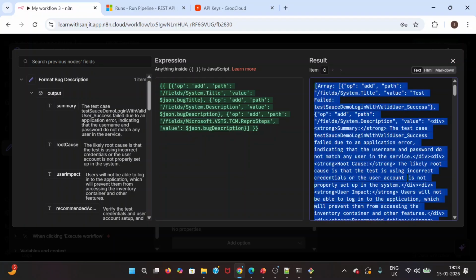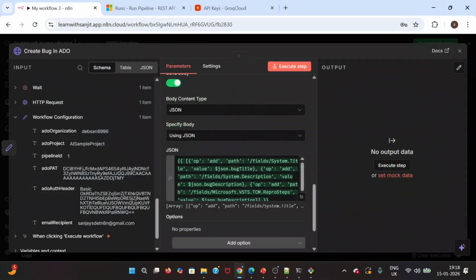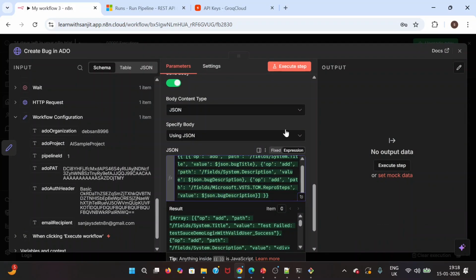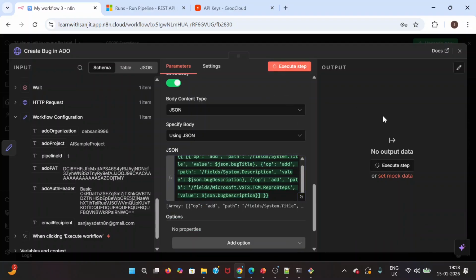This is like title, system.title, and the description. Okay, so here you can see title, system title, bug title, and description. These three things mostly we are passing. So this is the standard way Azure is expecting us to pass. So then we'll execute, and